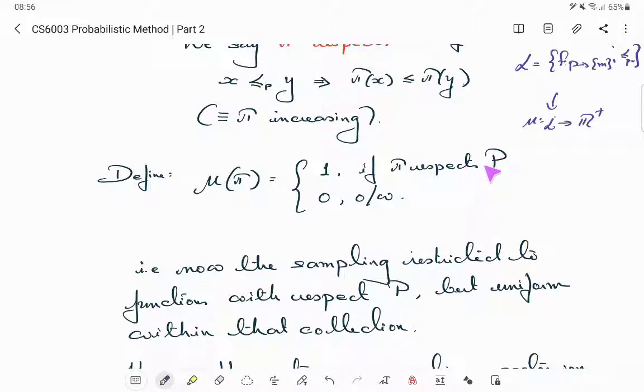But among the functions which respect p, the total number of functions which get mapped to one such permutation which respects p is equal to the number of elements in tau which respect p and then map to it. I think I'm using too many words here. So what I'm trying to say is that if sigma 1 and sigma 2 are two permutations